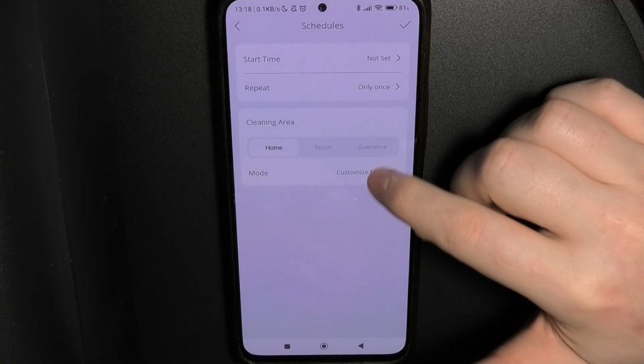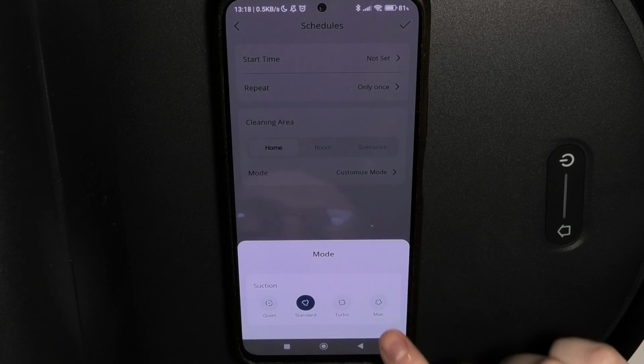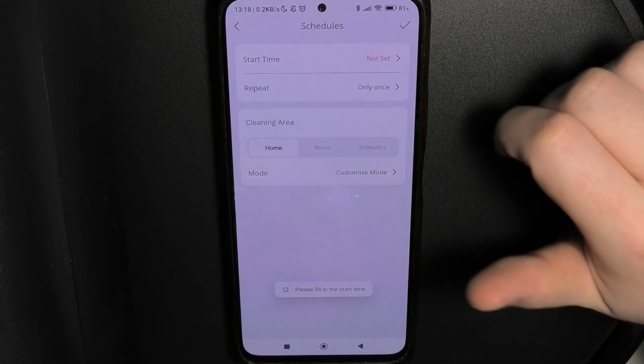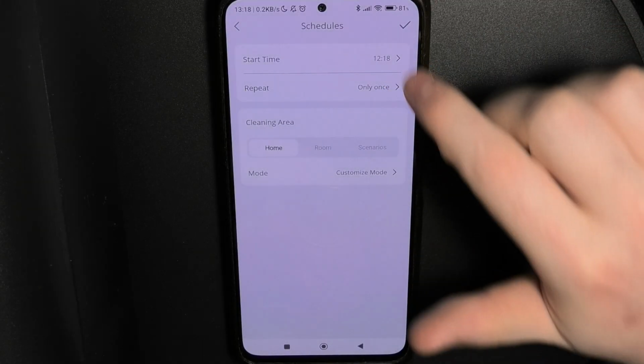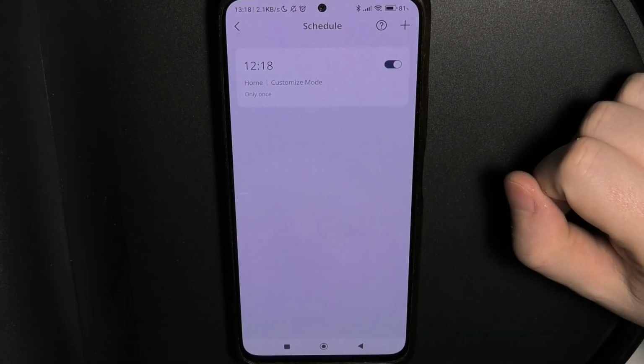You can also customize a mode, and it can go for a quiet, turbo, or max mode during that cleaning. Finally, when you're ready, click on OK. And your schedule will be saved. And that is